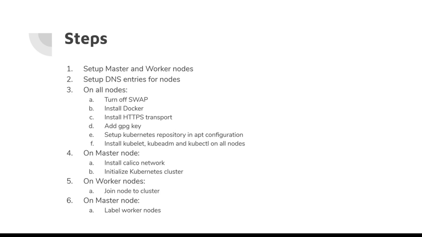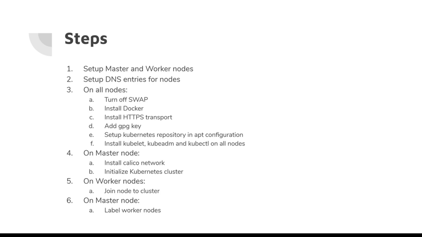And then install the HTTPS transport so that they can talk to each other and talk outside securely. Then install the GPG key so that you can install the Kubernetes components appropriately. And then you need to set up the Kubernetes repository. In my case, this will be an Ubuntu operating system environment, so the apt configuration needs to be set up properly so that when you install something, it can come from the Kubernetes repository. And then finally install the Kubelet, Kubeadm, and then Kubectl